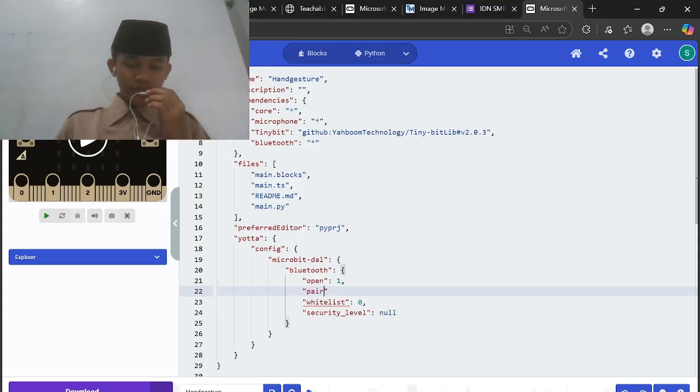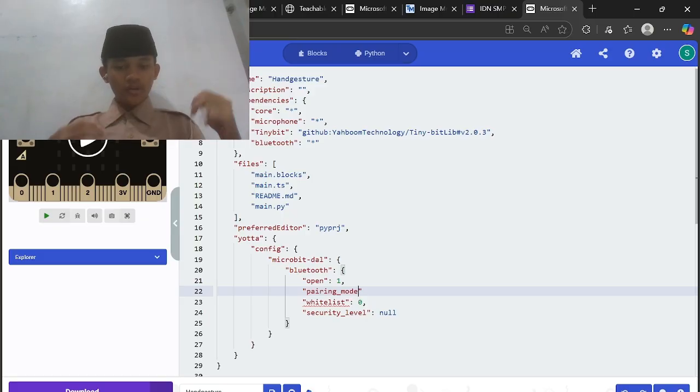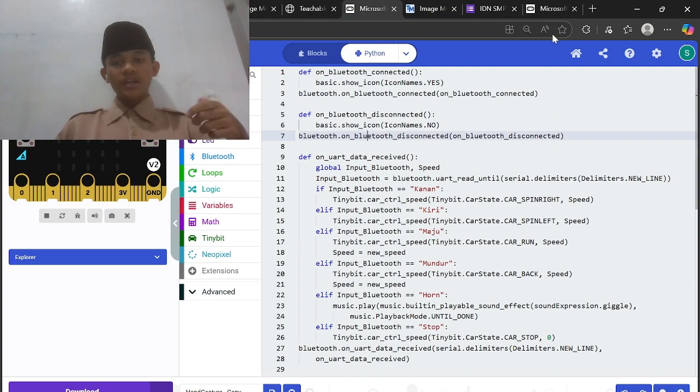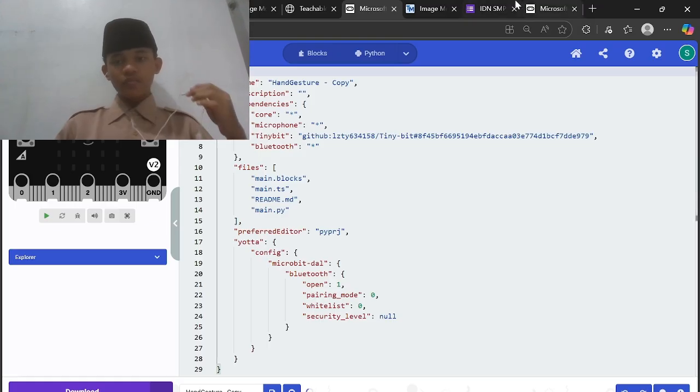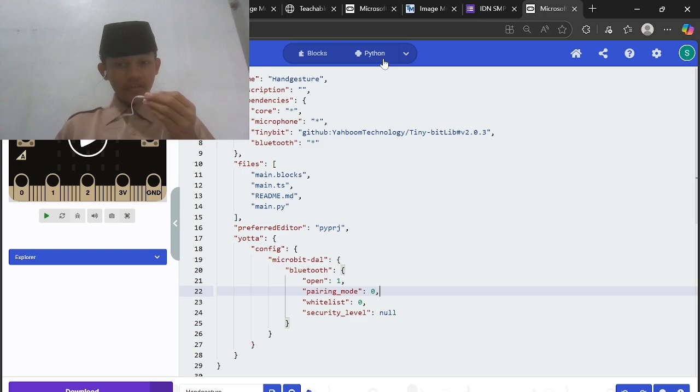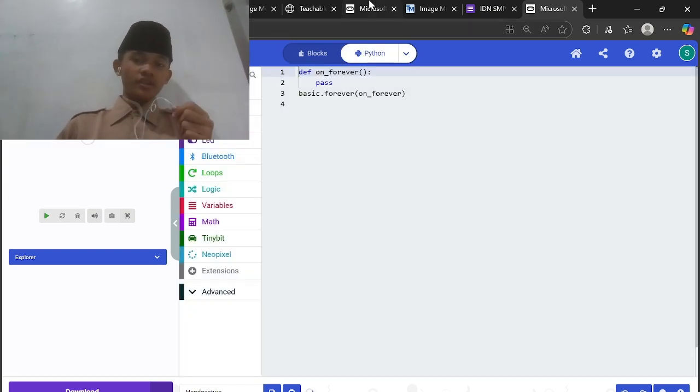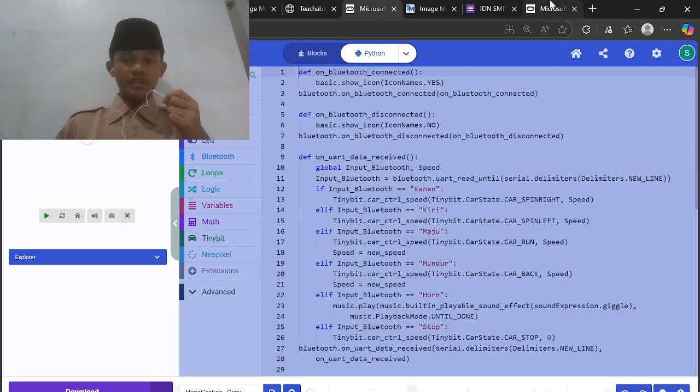The pairing mode is like this, pairing mode here is 0. Actually I already made the project, so I just show the pairing mode. Okay, once that's done, go to Python again, and we will start making the code here.